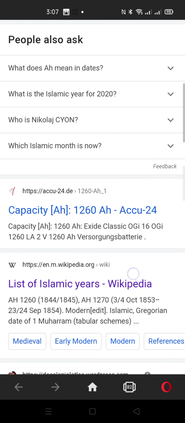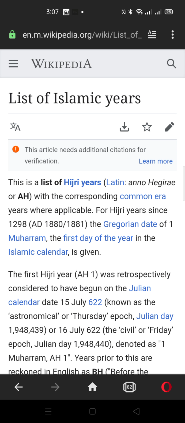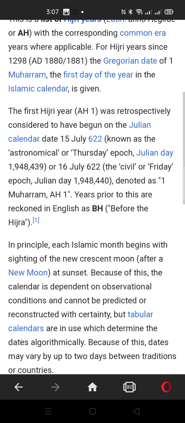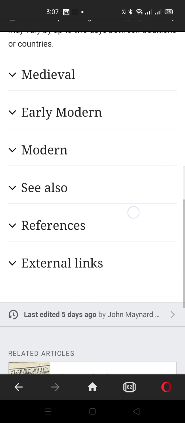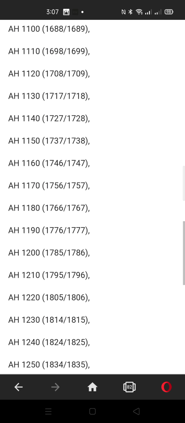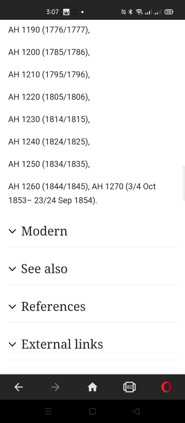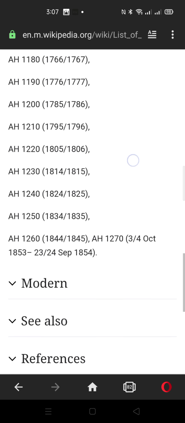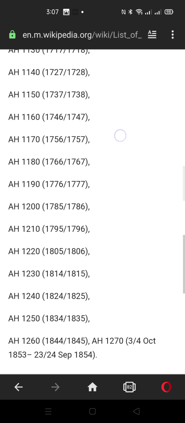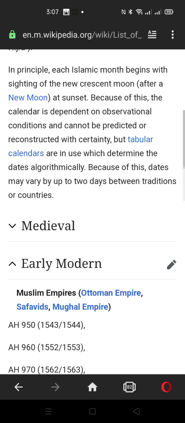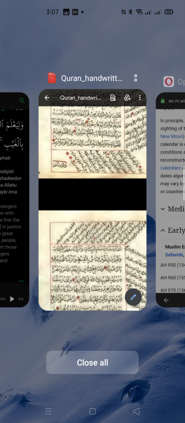So when we search AH, we see Islamic years. The first AH began on 15th July 622. Now if we go here, we can see that 1260 corresponds to 1845 AD. This is the AD correspondence, Anno Domino. And now that that's clear, we'll look at